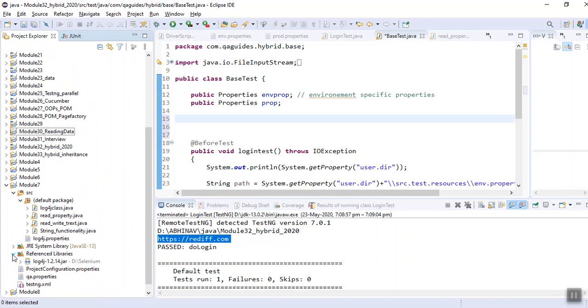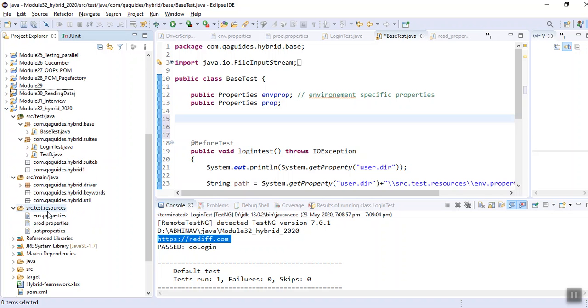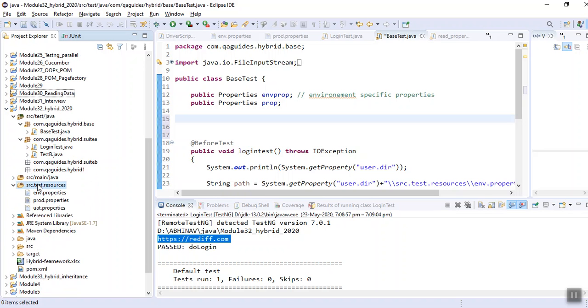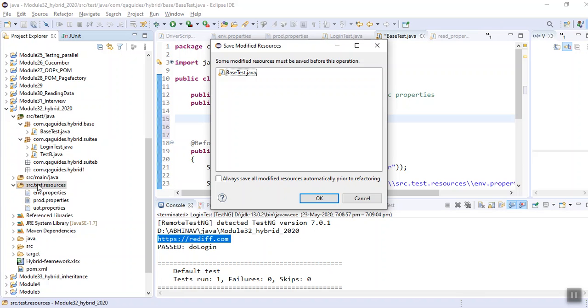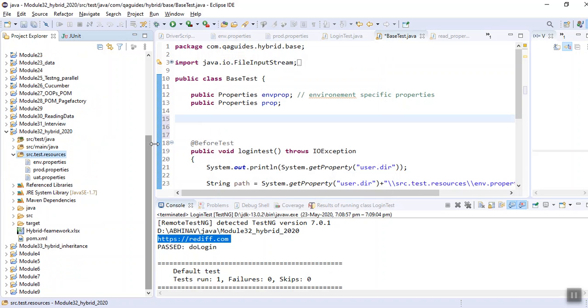under our reference libraries, sorry, where is my module, here is my module 32. Under my resources I am putting it. Fine, see, remember, just a second.